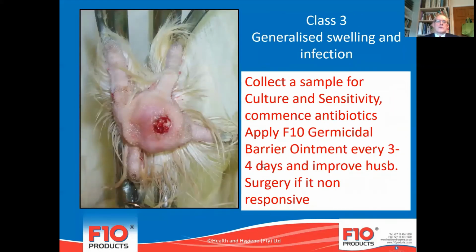Moving on to Class III, here you can see a generalized swelling across the whole of the base of the foot. We have a discharging wound here. So again, collect a sample of culture sensitivity, commence antibiotics, but also apply F10 germicidal barrier ointment every 3 to